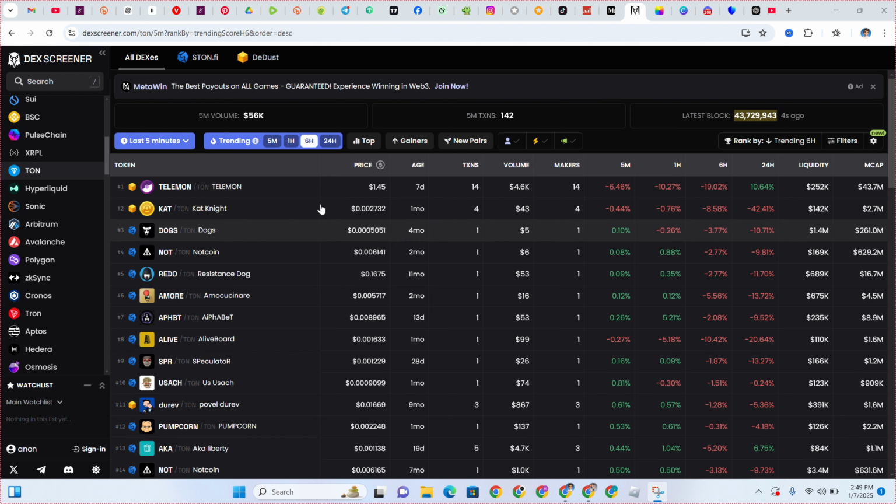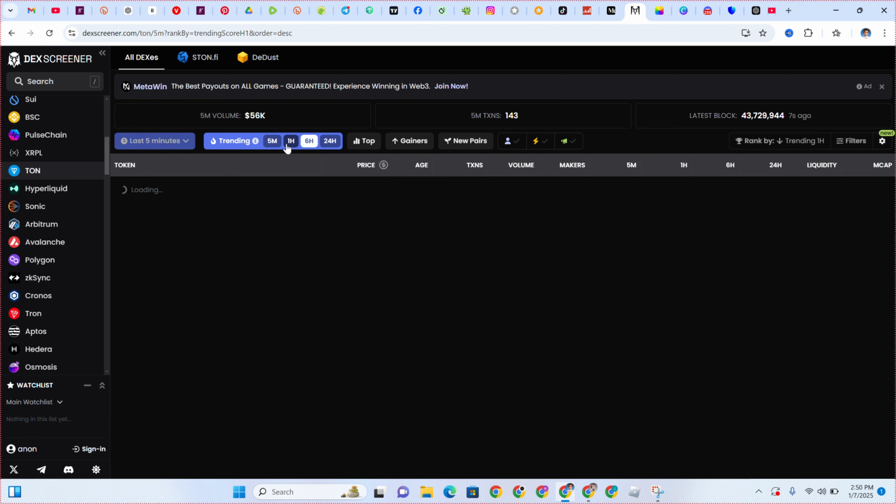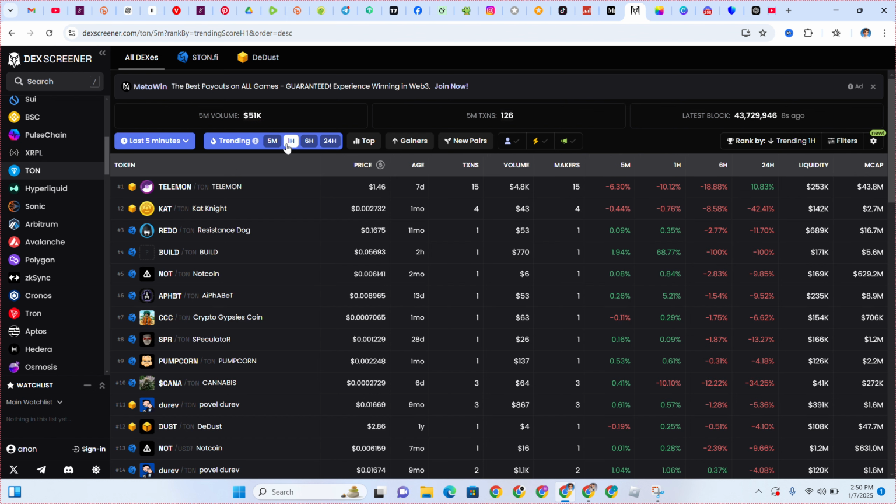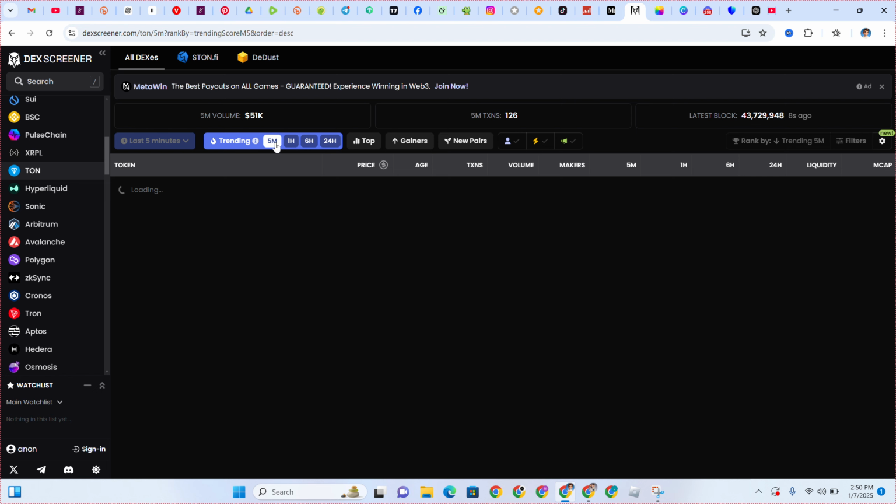So from here you can see the tokens that are currently trending. In the past 6 hours, this token is currently trending with a market cap of $43 million, right? If I click on the past 1 hour, that is the past 60 minutes, I'll be able to see a whole lot of other tokens right here. So this is a token, right? If I click on this 5 minutes, I'll be able to see a lot of other things as well. So this is basically how you can find trending TON coins